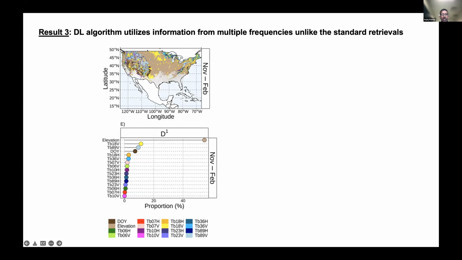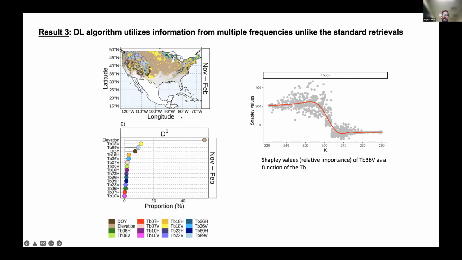And if you look at the spatial map, it also shows that this is not a random pattern. There are certain spatial features to these relative importances. And similar maps are also developed for melt time periods and so on. Another thing I want to point out is that there is sensitivity associated with this, not just spatially, but also in time.